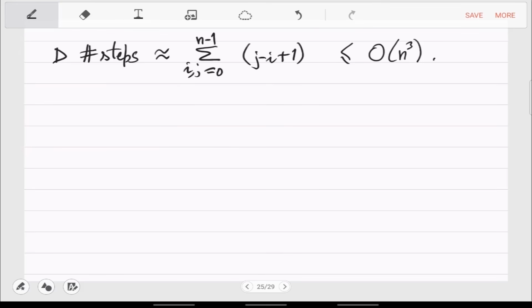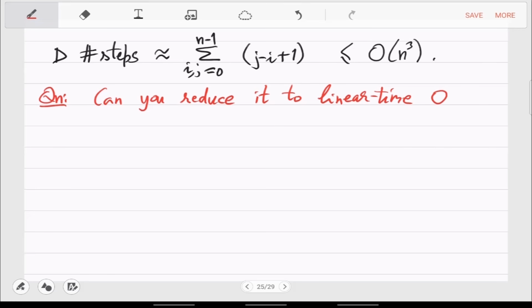So the obvious question is, can you do better? In fact, there is a harder question, can you do it in linear time? Which is order n. So order n is very, very small. This is the minimum possible. It is just scanning the array once, right? Once or constant many times. So in a few scans of the full array, can you solve this problem?